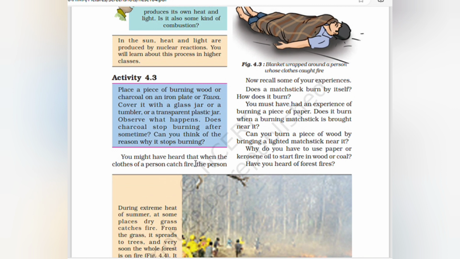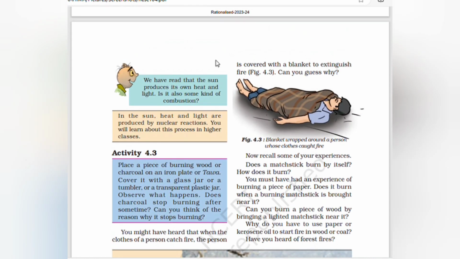You might have heard that when the clothes of a person catch fire, the person is covered with a blanket